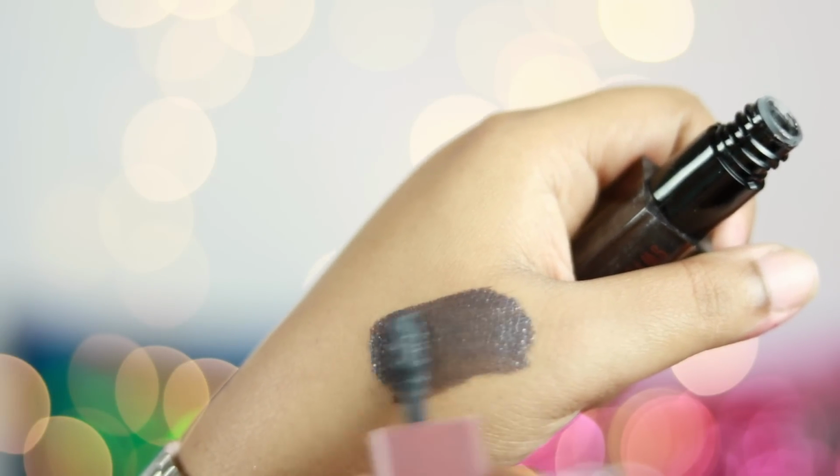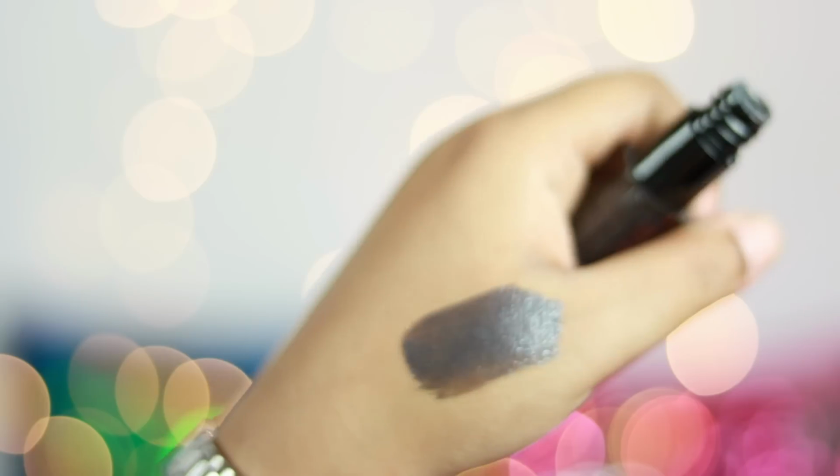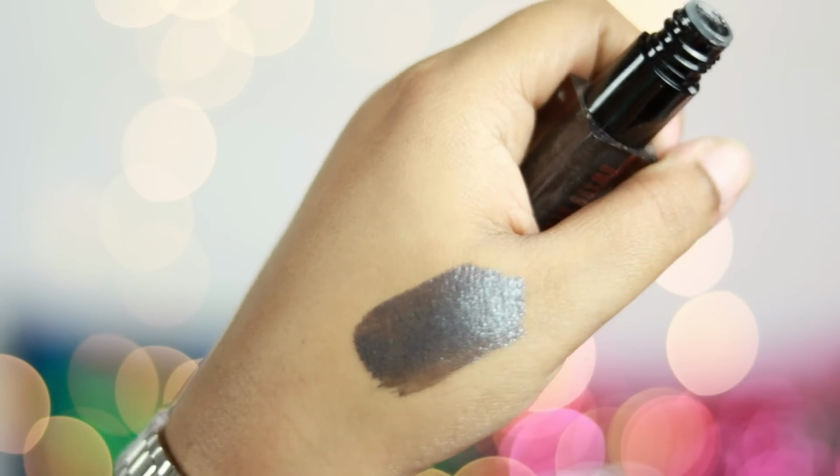So it's very affordable. I do invest a lot in glitters, but in an affordable range, I think this is the best one to try. Another thing which I'm gonna try in this video are these two, and the first one is the